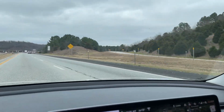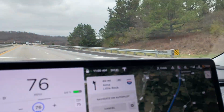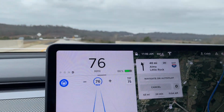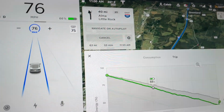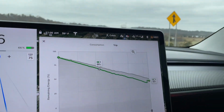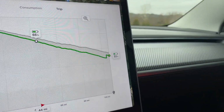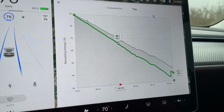So here's the first thing I'm seeing. If you see right there, the speed limit is 75 on this part of the highway. So we've got autopilot set at 76. Normally I would be going about 10 over, but if we go here to our energy meter, we won't get to the supercharger. We'll zoom in on this. So we'll get to the supercharger with 32%,